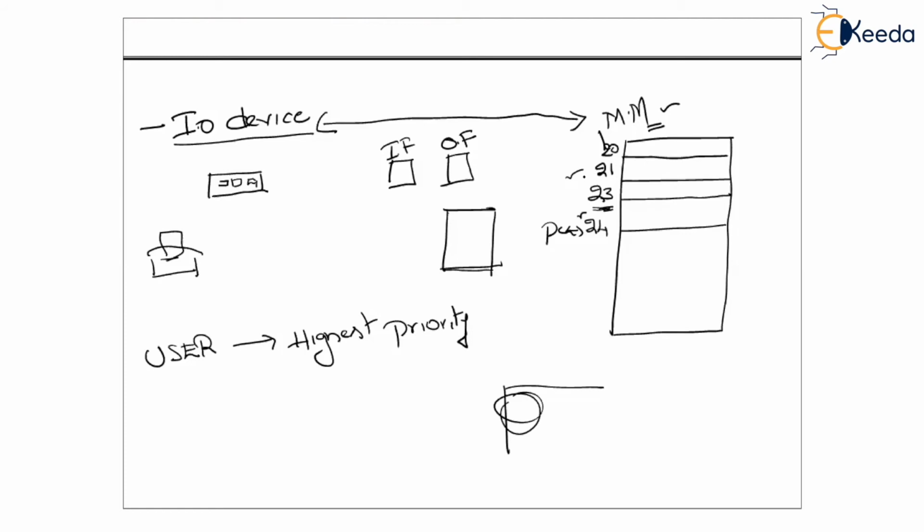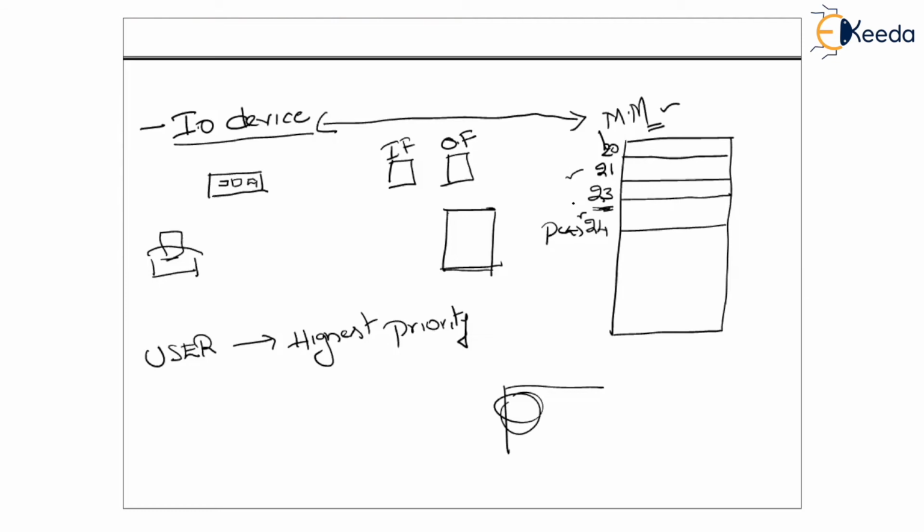Then, let us say there are no flags set again. Again, it goes and takes the next instruction, which means that the CPU is going to check if the flags are set at the end of every instruction's execution. The moment one instruction is executed, it goes and checks the flags. If one of the flags is set, then it is going to suspend the program and make a transfer. If none of the flags are set, it goes and takes the next instruction.